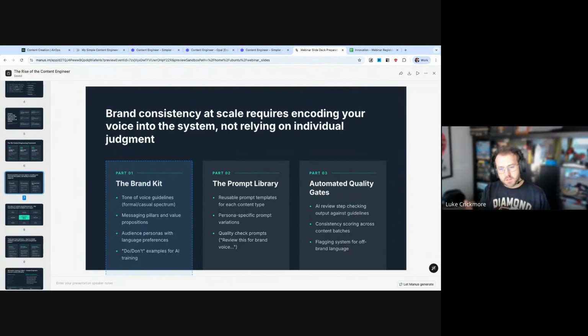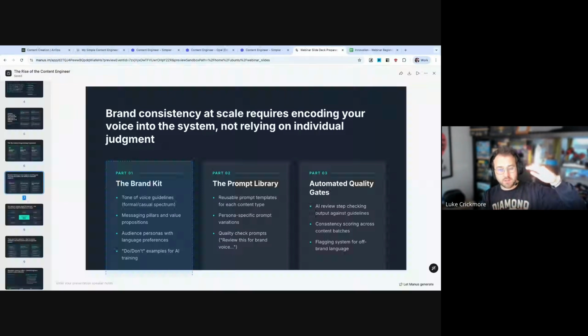The next thing in their toolbox would be their prompt library. And this is like reusable prompts that they can use for each different type of asset that gets created. And you might think, well, maybe we've already got all the information we need from the examples and from the tone of voice and the pillars document, but actually this is much more focused on the type of content that's actually being produced. So if I'm producing a LinkedIn post, I need to be able to provide what kind of